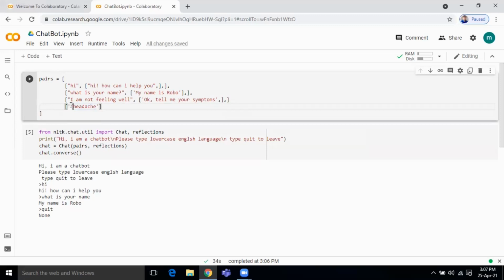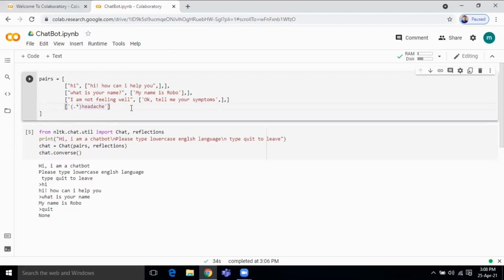So in order to represent that, you need to use this in brackets. You just write dot star. Okay, so that means whatever you write in front, like I am feeling headache, whatever you write.